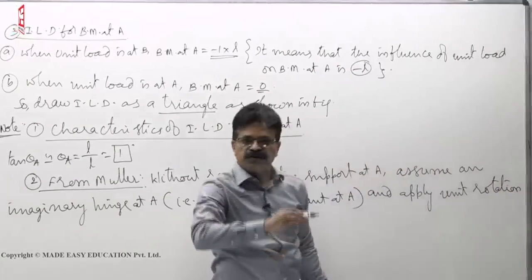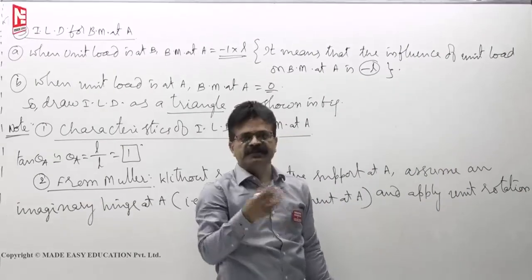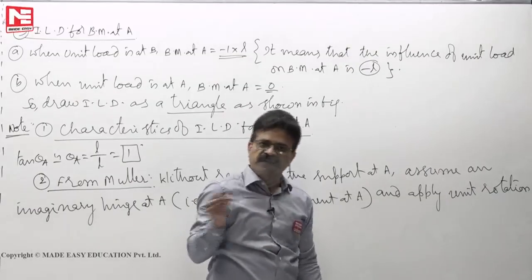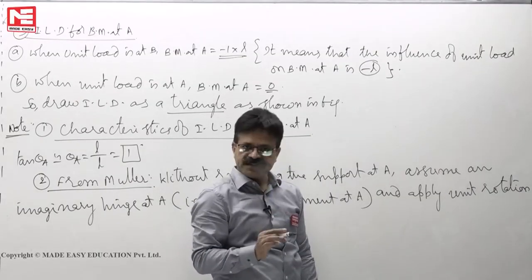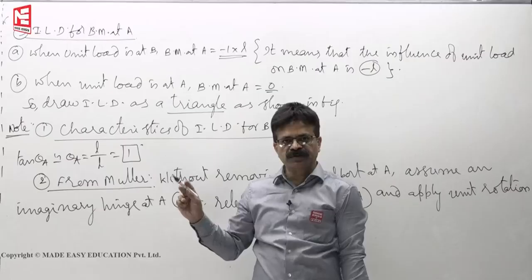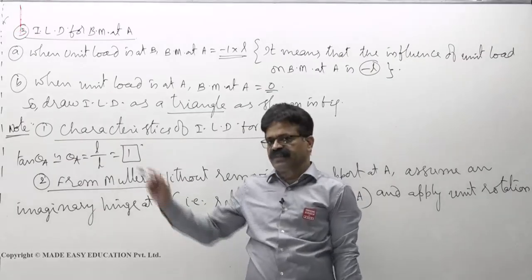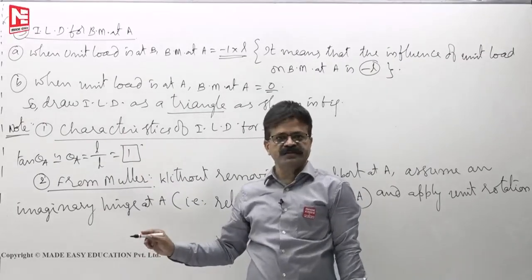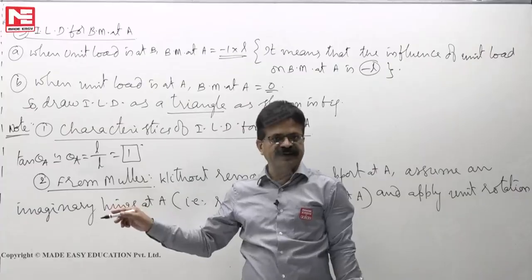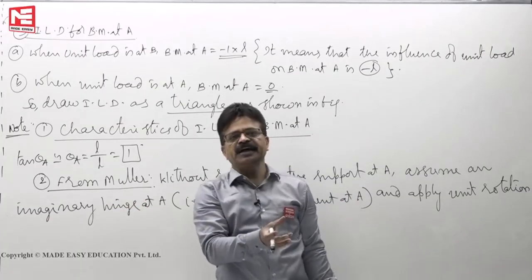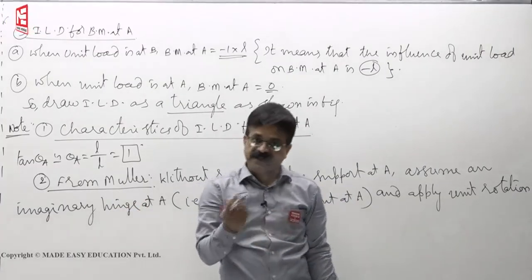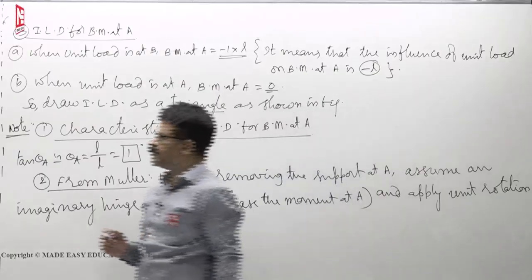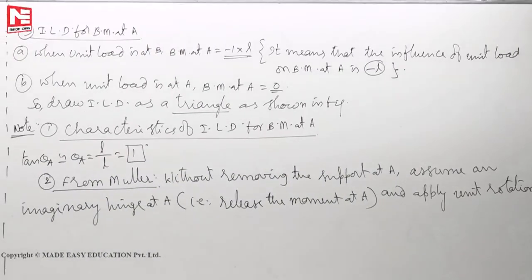Muller will not tell you to rotate clockwise or anti-clockwise. It is our choice. Depending on already learned bending moment sign conventions, since we know that downward loads will give negative bending moment and beam should deflect downwards, then only you write it as negative. So your theta A happens to be clockwise, but it can be anti-clockwise also,